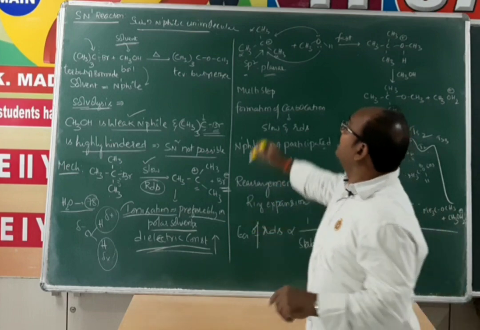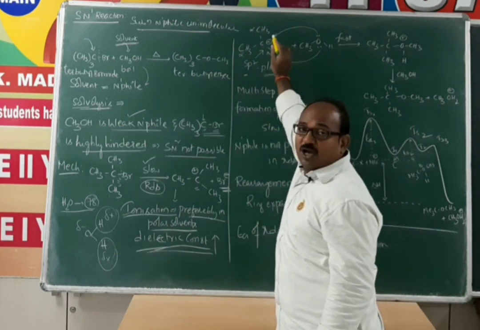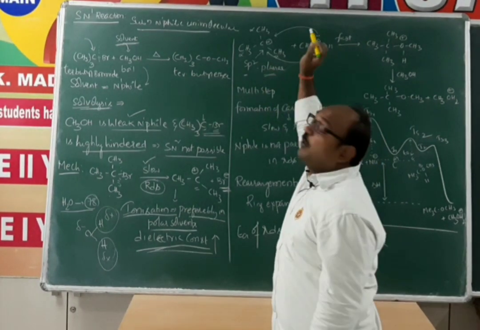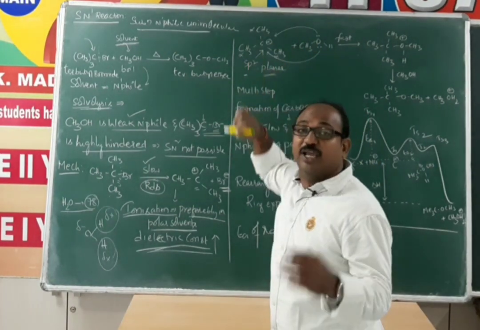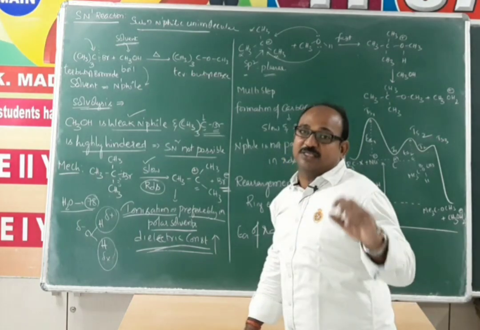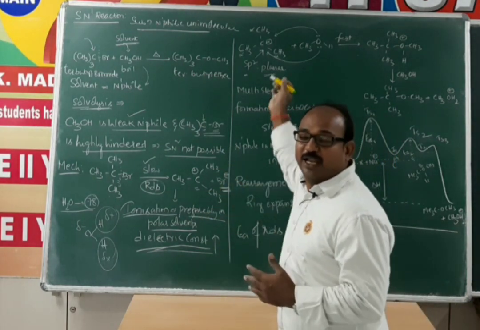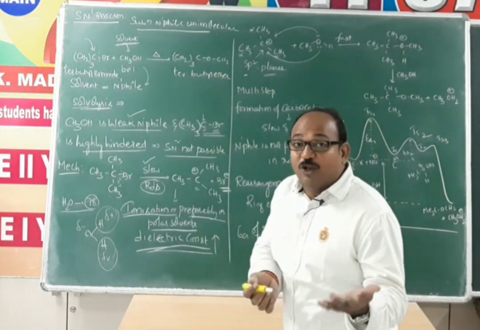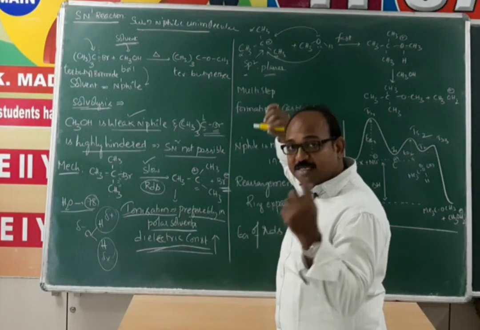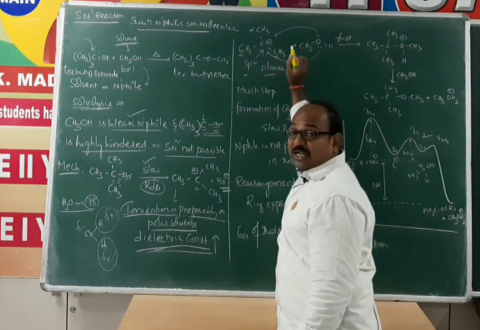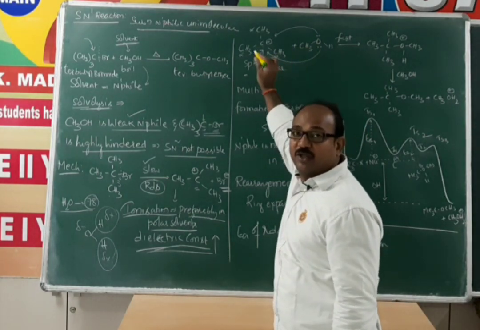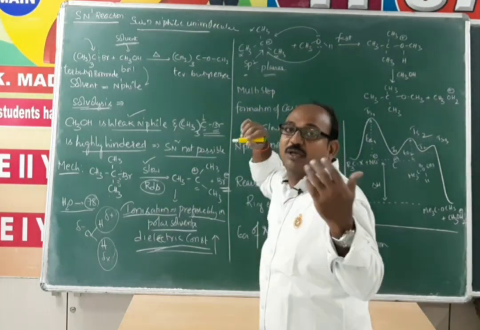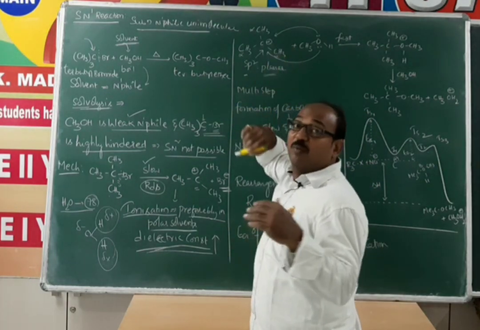I am repeating once again. The positively charged carbon is the carbocation, which is sp2 hybridized with trigonal planar geometry. This positively charged carbon is surrounded by 3 alkyl groups. Alkyl groups are plus I groups, so being plus I groups, the carbocation can be more stabilized. And if the alkyl group is methyl, then the hydrogens on that methyl carbon readily participate in hyperconjugation. Compared to the inductive effect, hyperconjugation is more, which means the carbocation can be more stabilized.